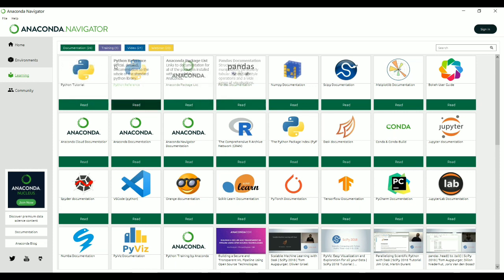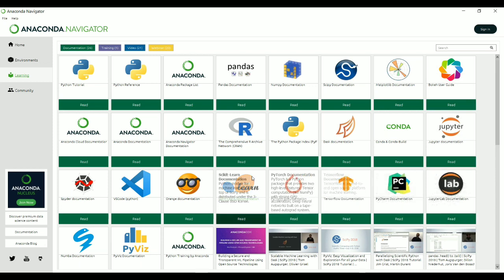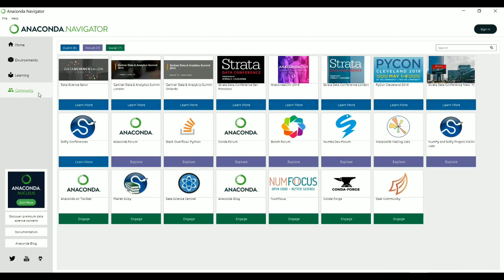If you want to learn the detailed documentation, you can learn it from here: how to work with Jupyter Notebook, JupyterLab, Orange, Scikit-learn, what TensorFlow is, what PyCharm is. You can get all the details here and read all the documentation provided.